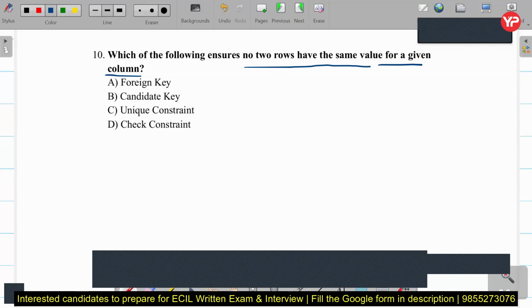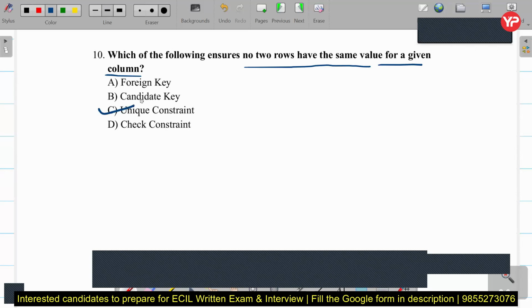It tells you that no two records are the same, but it doesn't mean that no two columns are the same. Fine. And we know what a primary key is: it is one of the candidate keys. So many a time students mark option B, that is candidate key, which is absolutely wrong for this question. Okay. So the right answer is